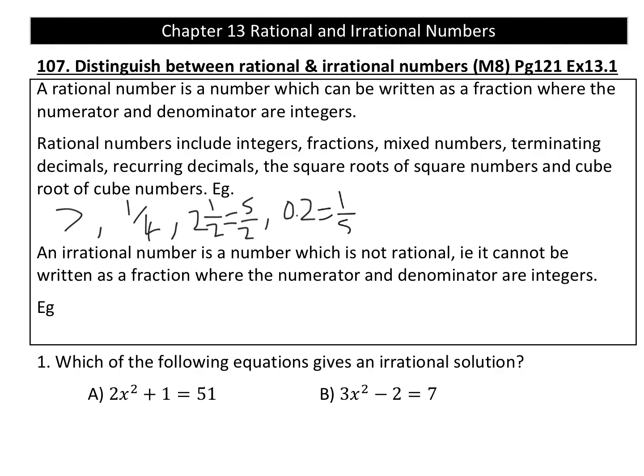Now recurring decimals as well. If you had 0.3 recurring that goes on forever and ever, it still can be written as a fraction. It's 1/3. So if it goes on forever and ever, it doesn't mean it's irrational. If it has a recurring decimal, as in there's a pattern to how it keeps going on forever and ever,